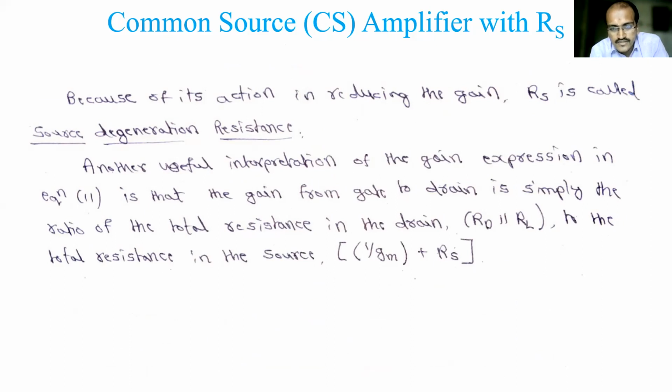Now we'll see in the next class the common drain amplifier. The common drain amplifier is also called the source follower circuit. Its speciality is that its voltage gain will not exceed 1. When you calculate it with values, it is approximately equal to 1 or less than 1. That's why it is called unity gain, and that's why V naught is approximately equal to Vi. Source follower circuit. We'll discuss that in tomorrow's class.